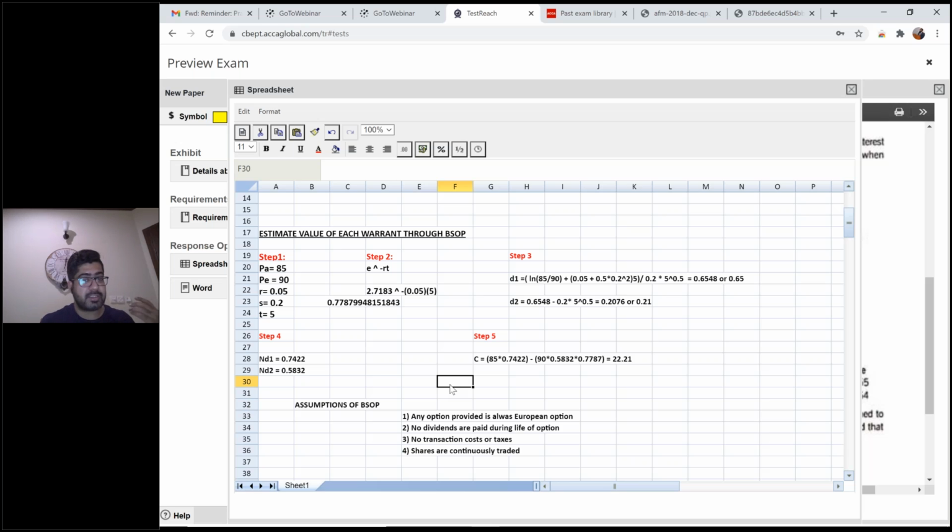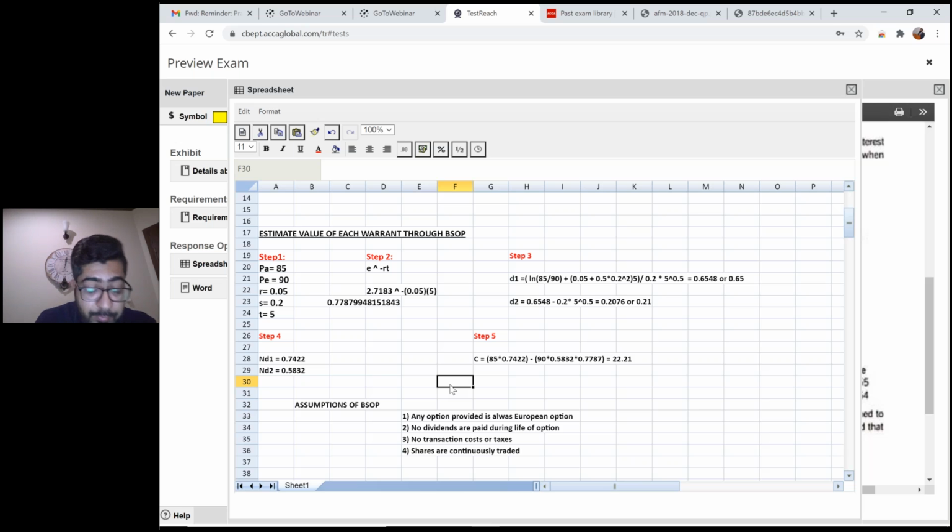That's the feature that markets are always open, because if markets get closed, they might have to open them again and incur transaction cost taxes, but they ignore that. Therefore, shares never stop trading. They are continuously traded. These assumptions must be learned from the theoretical handout which I provided to you.